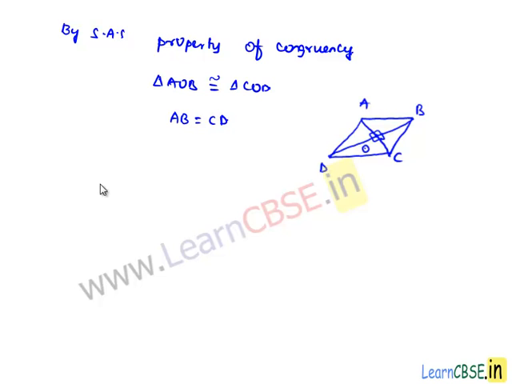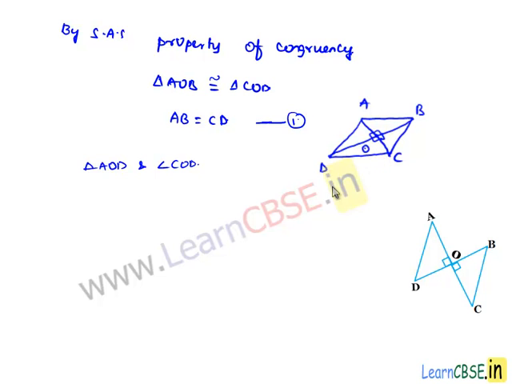Now as we got AB is equal to CD, let us name it as equation number 1, and then now let us consider both the triangles, triangle AOD and triangle COD. In these two triangles, let us note down the similarities. Here angle AOD is equal to angle COD is equal to 90 degrees, we know that,